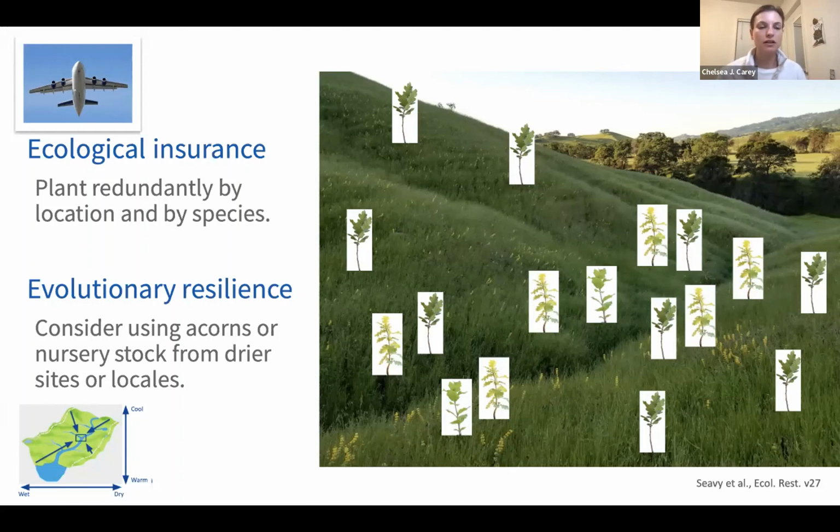intraspecies, so within a species, genetic variation. And so some individuals may have traits that allow them to withstand cooler, warmer, drier, hotter temperatures. And when you increase that diversity, again, what you're doing is you're sort of setting the stage so that there will be some that have the traits that allow them to withstand conditions in what is an uncertain future. We have predictions, but sometimes the predictions vary widely. And so if you can build in that diversity, then you'll help to ensure that there's going to be some individuals who will be doing well in whatever the future